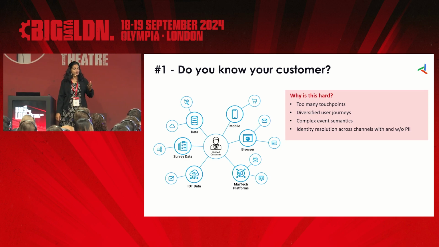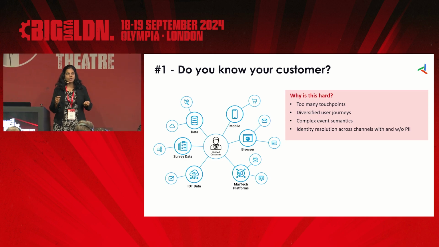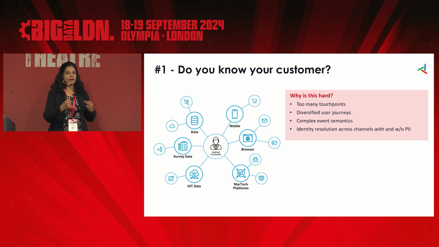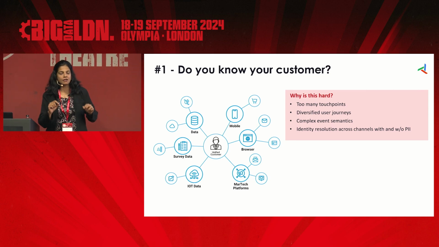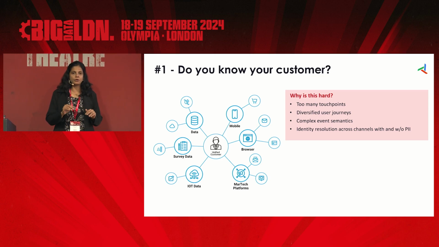People usually start off as an anonymous user, browsing a product on a website. At that point, you don't even know who that individual is, right? And then at some point, the person also goes to social, finds some ad, responds to the ad. Again, at that point, you don't know much about that individual yet. Only at the point where that individual adds to your cart and starts to put in their personally identifiable information, which is either their email address or phone number, do you start to understand who that customer is.